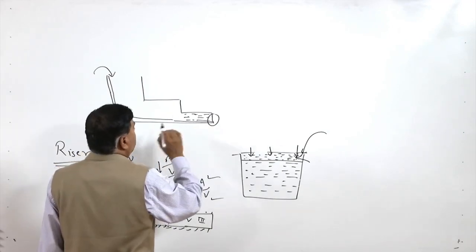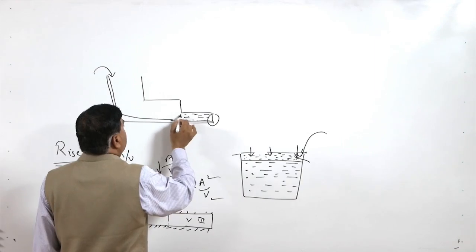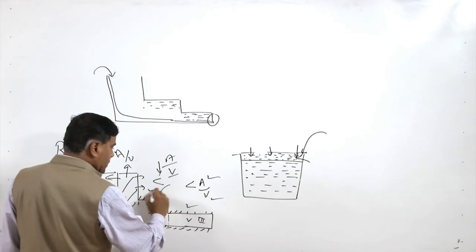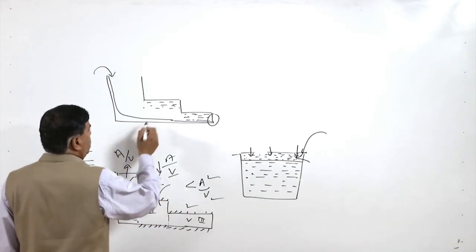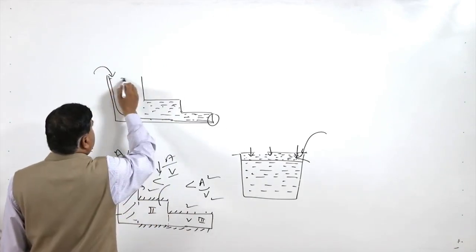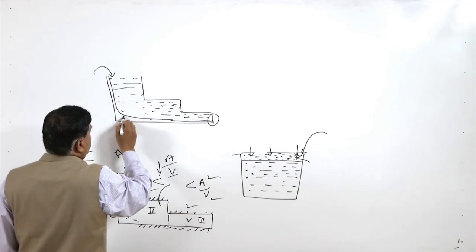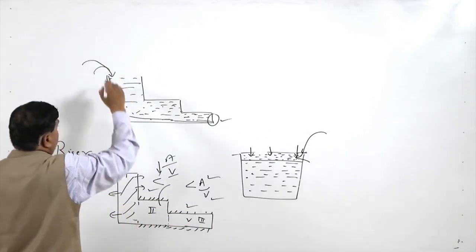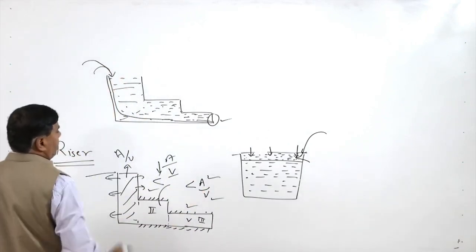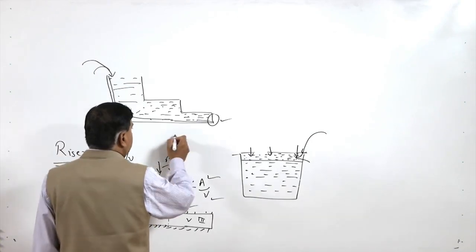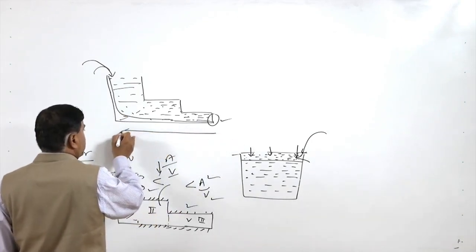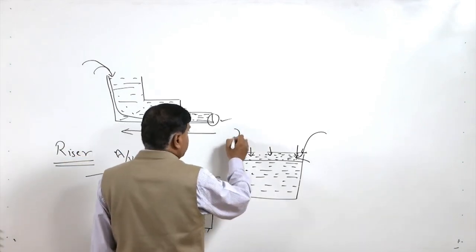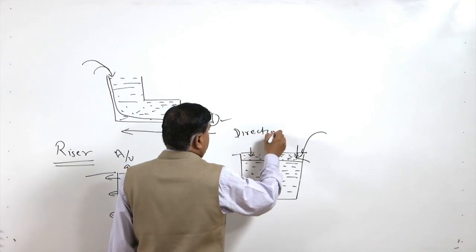So, solidification will start from this zone 3, then progress towards zone 2 and then zone 1. Since the solidification starts from the remotest point from the feeder and then approaches towards the feeder, this kind of solidification is called the directional